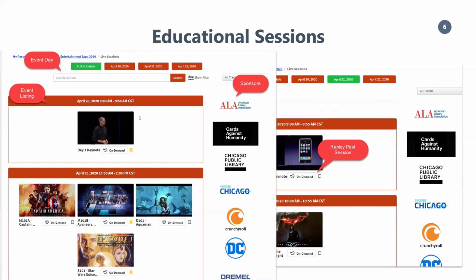So the user can quickly find the day and do a search for any speakers or any tracks that they're interested in or any keywords that they might be interested in. And as the day progresses, this is actually where the virtual conference offers some advantages that the in-person conference cannot do, which is that you might be able to replay a session that a user has missed because it's virtual and the user is actually logged online, right? So as long as you have the recording ready, the user can actually, within the same day, replay some of